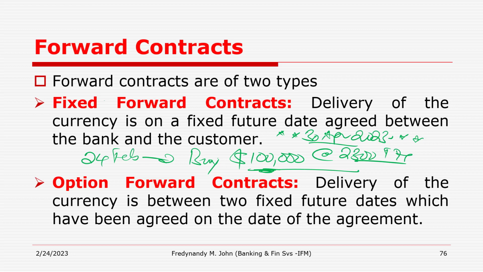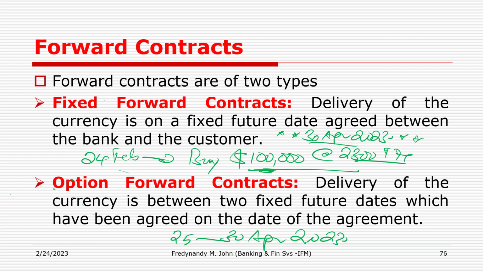What about the option forward contract? With the option forward contract, the contract is of the same nature as the fixed forward contract. However, there is a slight change. That is, the delivery, buying or selling of the currency will happen between two fixed future dates. For example, the delivery date, that is the date that you agree to buy or sell, can be between 25th and 30th of April